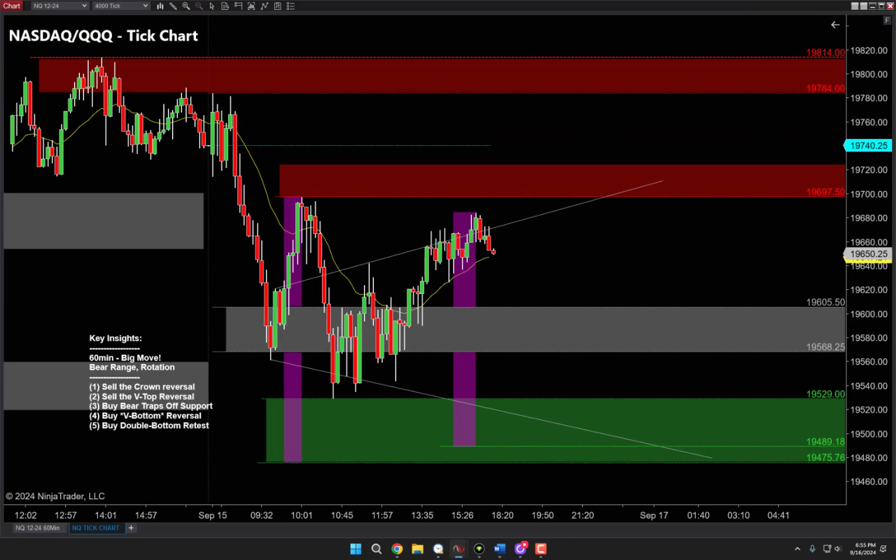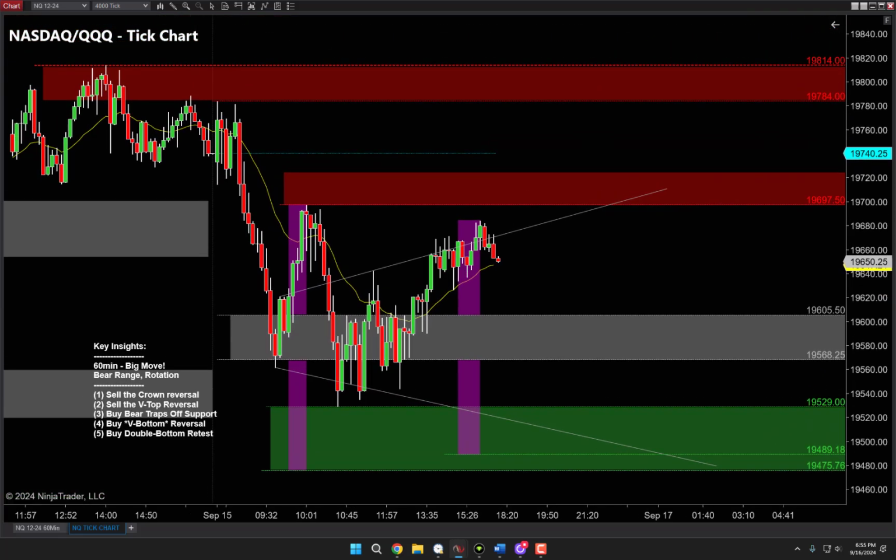All right, guys, I am excited now for tomorrow's trading session. My 5 favorite trades on the S&P and Nasdaq. A couple differences there between the two because of the momentum being so bearish on the Nasdaq,